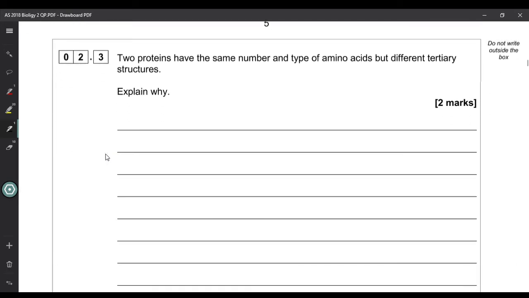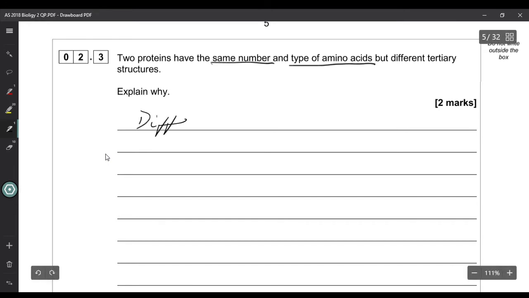Right, part 3. Two proteins have the same number and type of amino acids, but different tertiary structures. Explain why. So all it's telling us here is that they've got the same number and the same type of amino acids. It's not actually saying that it's the same order. So we know that the order that amino acids are in is the primary structure. So we can say that they could have different primary structures,